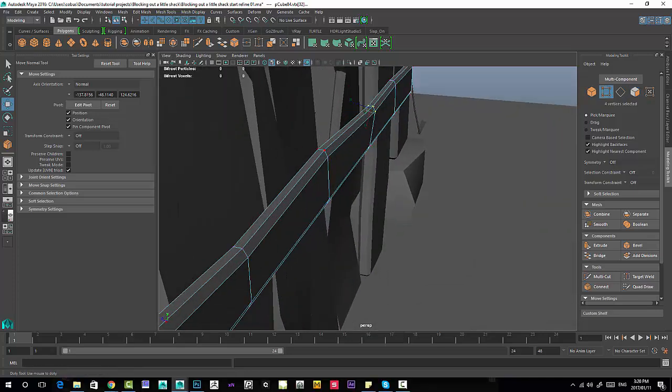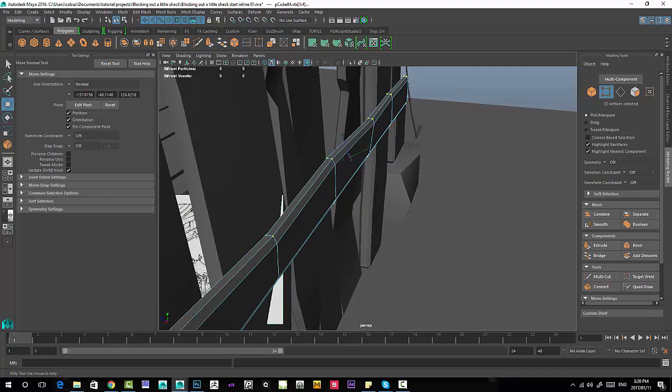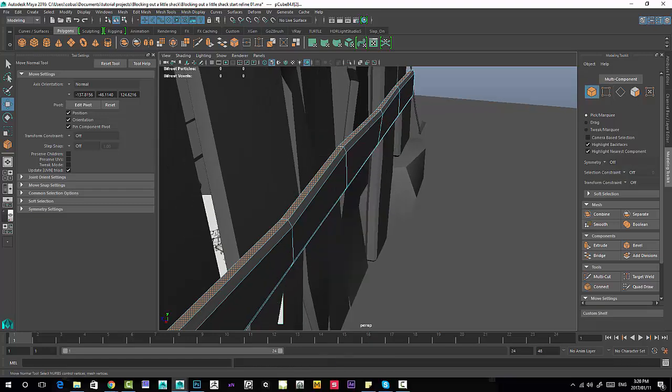So what this allows us to do is, actually, let me go back out again, and then instead of just right clicking go to vertex mode, we can actually convert the selection into vertex mode, and that you can do using control, and whichever component mode you want to convert the current selection to,